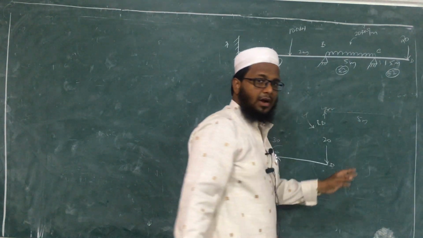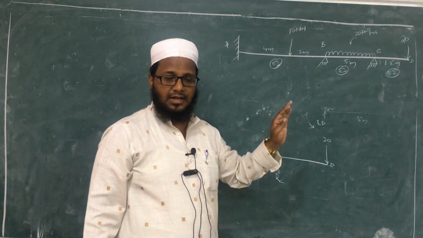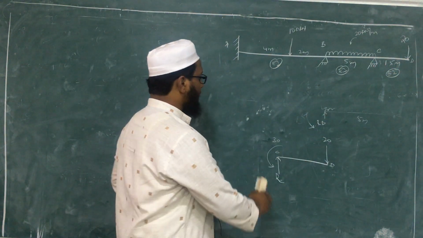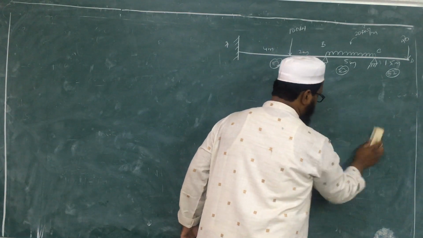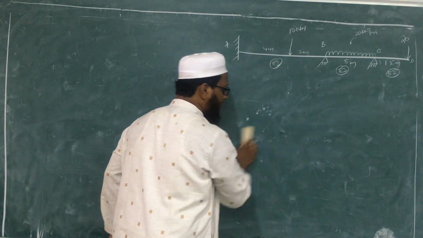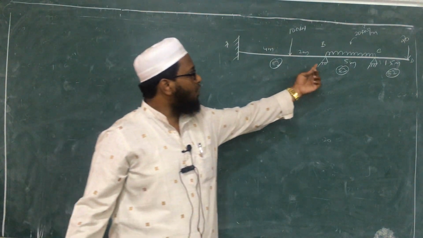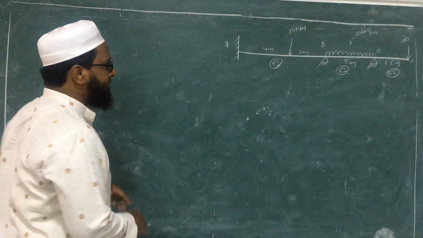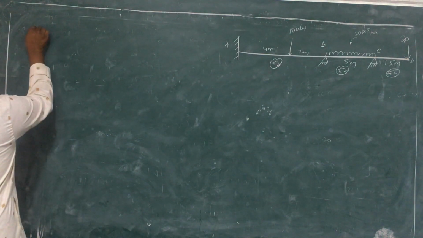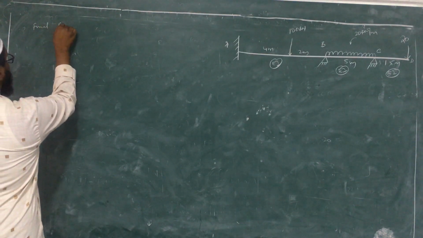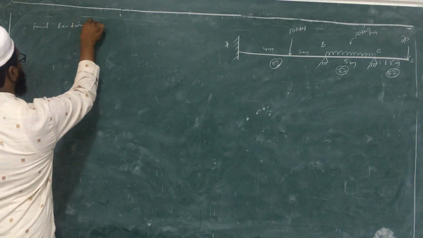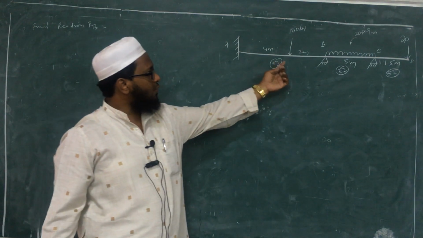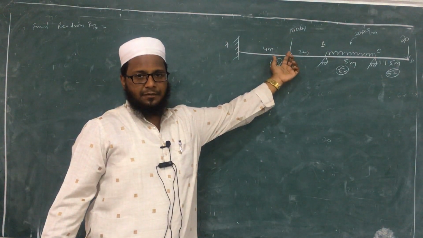So I hope you have understood how to calculate reactions along with the cantilever portion, isn't it? Now, since we have all the values with us, we will try to calculate the final reactions. That is, we got 2 values for RB and 2 values for RC, isn't it? So the final reaction RB is equal to how much? We have got 2 values for RB. Add those 2 values.